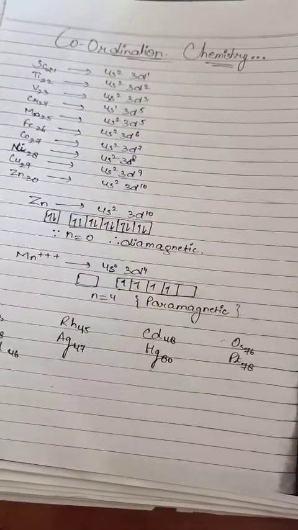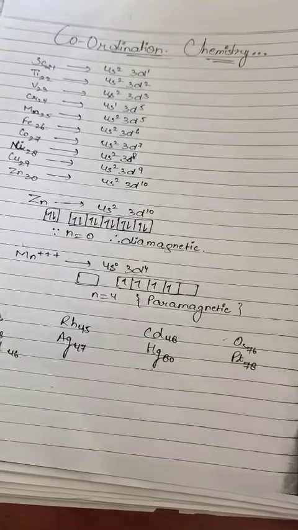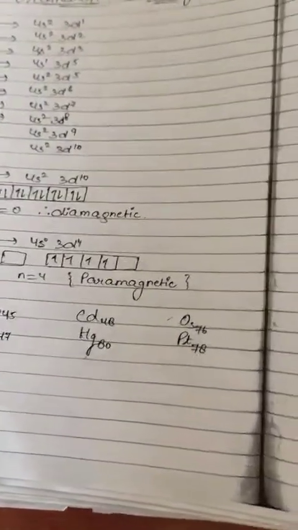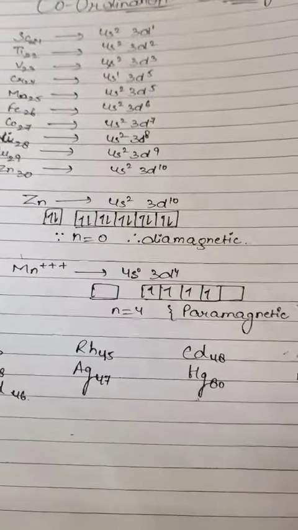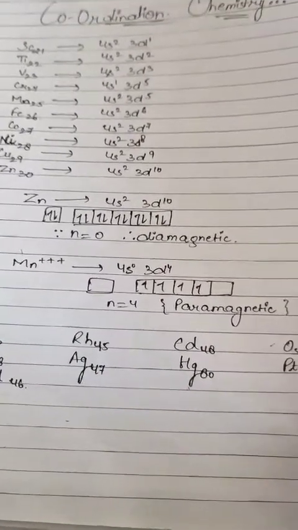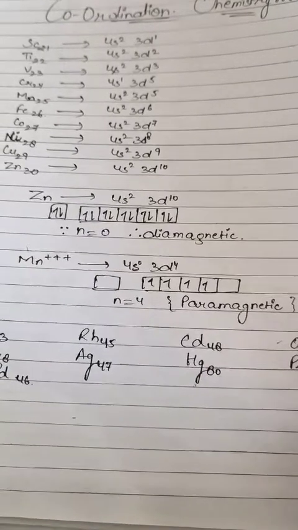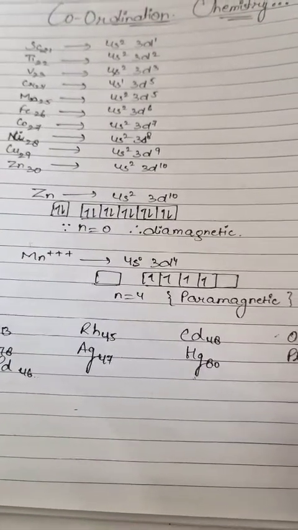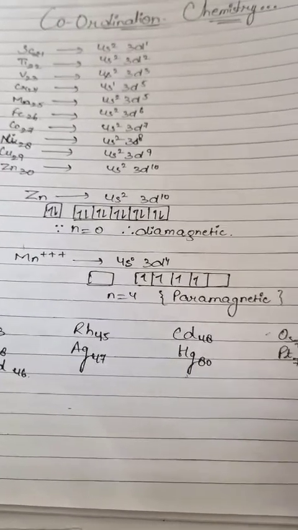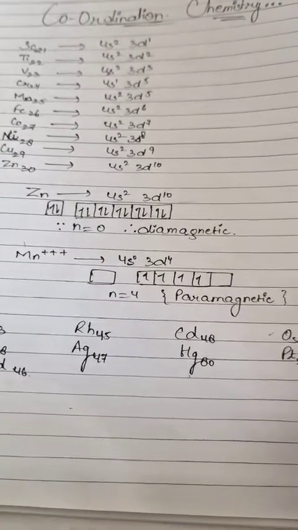We have started a new chapter, that is coordination chemistry. With coordination chemistry we will take the D and F block also. So in coordination compounds, first of all listen to the syllabus. It is coordination compounds introduction, ligands, coordination number, color, magnetic properties and shapes. I will tell you what the shapes are.